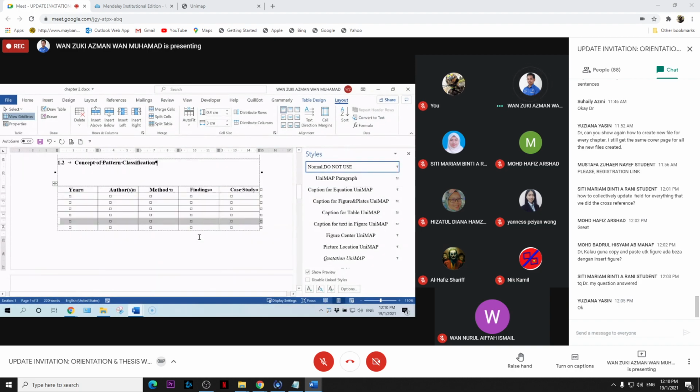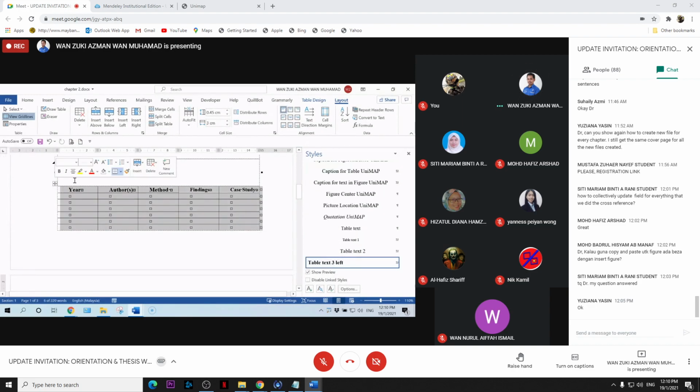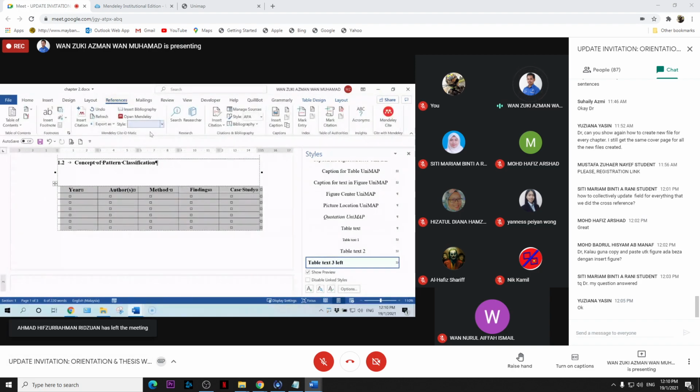Okay, next we want to add the caption, insert the caption. So you select this table and then go to the references, and then insert caption.